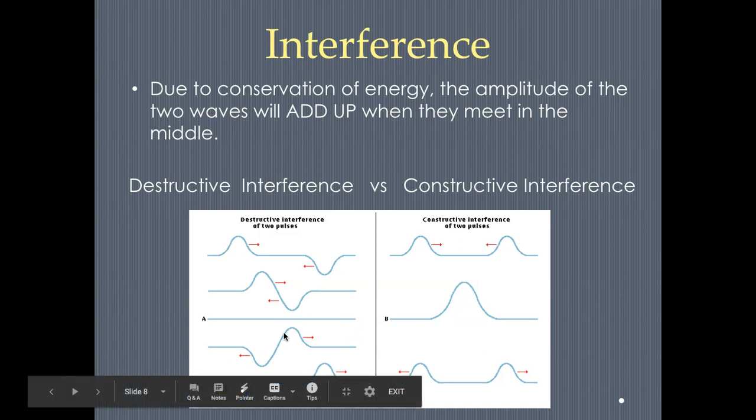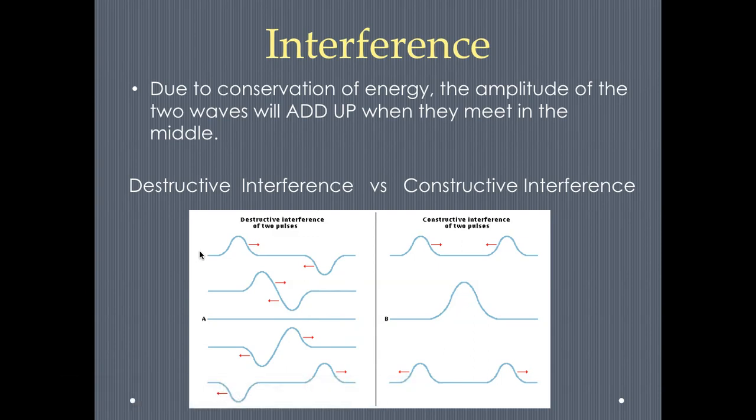Now, destructive interference is a little bit different. Let's use the same example this time. Let's say we have a rope, and we have two people on each end. One person's pulse is in the upward direction to create a crest. And then the person on the right side is going to do the opposite and create that pulse in the